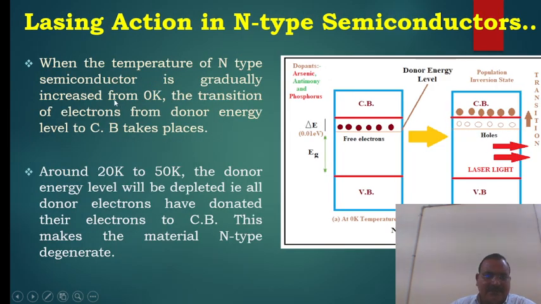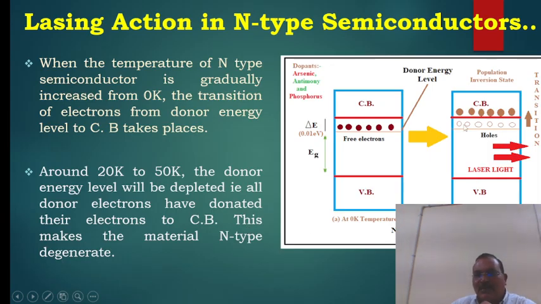This is the case when the temperature of the N-type semiconductor is gradually increased from 0 Kelvin. This process is not at 0 Kelvin. When you heat the system from 20 Kelvin to 50 Kelvin, then transition of electrons from the donor energy level to the conduction band takes place. This process happens at a particular temperature after 20 Kelvin. Around 20 to 50 Kelvin, the donor energy level will be depleted. All the donor electrons have donated their electrons to the conduction band. This makes the material